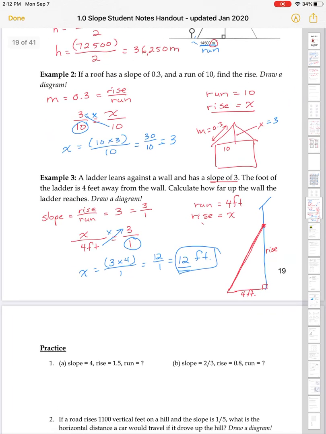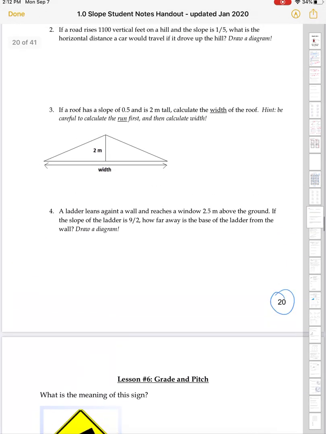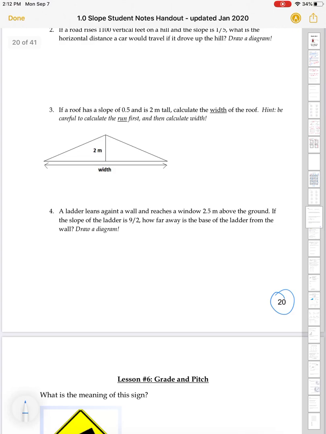Okay, so that is some examples of how we can use this idea of slope to figure out some missing information when we know a slope and we're looking for a run or a rise. So you're going to do some practice questions on the next page, page 20. And I think there might also be another